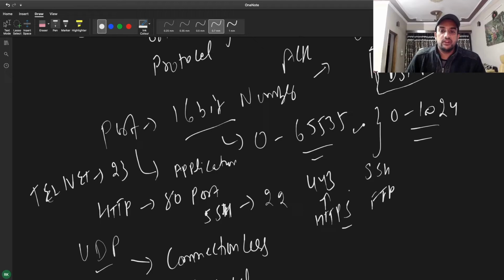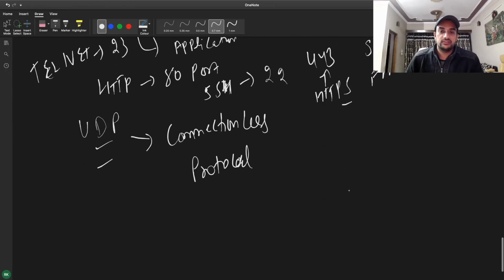When we have created a TCP connection, even if some packets are lost while going between the client and server side, there is a mechanism in TCP which, based on a timer, will try to resend the packet. Those packets are generally called TCP retransmission. Because I sent a packet and did not get an acknowledgement, I resend the packet so that it can be successfully received at the receiver end and I can get the acknowledgement.